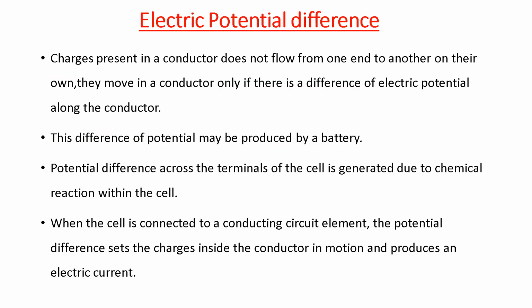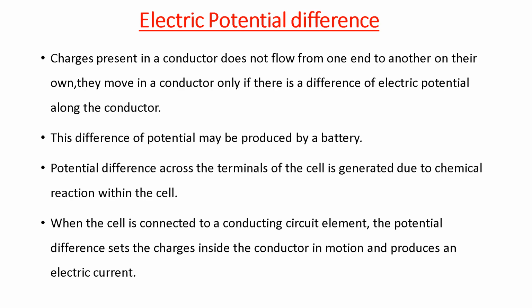Now what is electric potential difference? We just saw that point A would have some electric potential. Similarly, if there is some other point B in an electric field, then it would also have some electric potential. So the difference between the potentials of two points, A and B, is known as electric potential difference. Now let us understand from the slide.